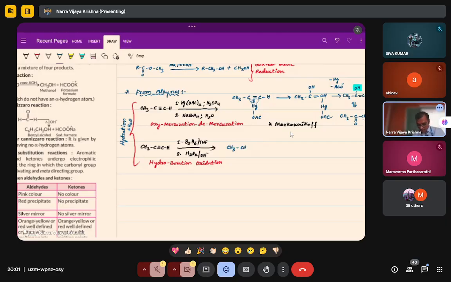So H here, double bond, CH, OH. So is it Markovnikov or anti-Markovnikov? The negative part went to the less substituted carbon. So this is anti-Markovnikov. Now again it tautomerizes. The product will be